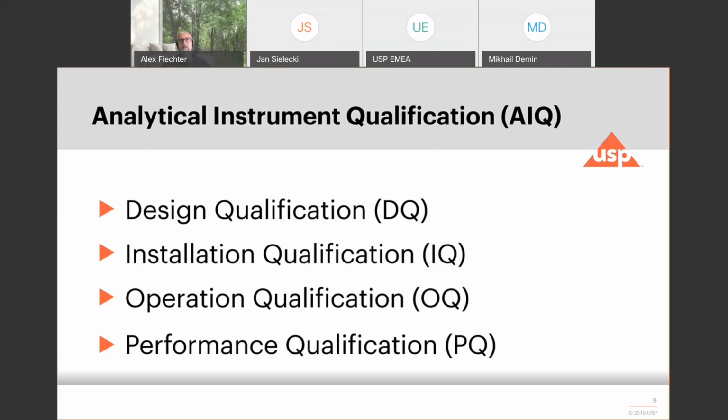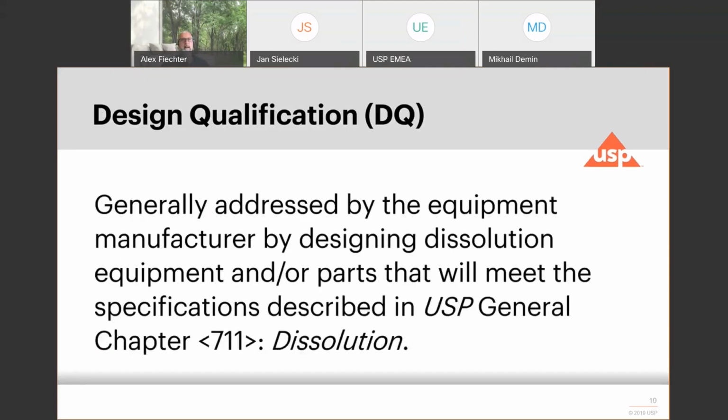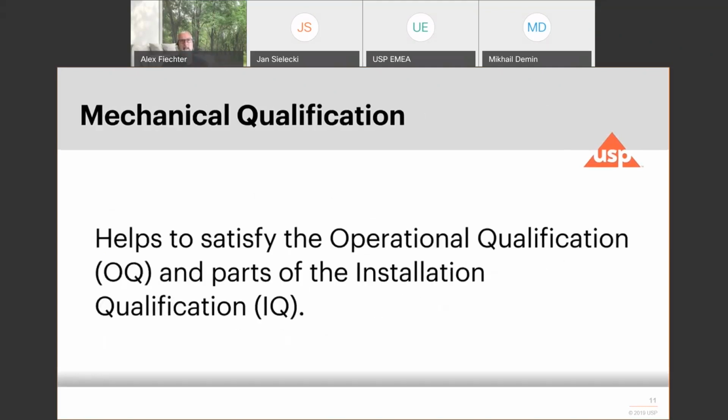The design qualification is a typical thing at the beginning, before you buy an equipment or before you use an equipment that you already have for a new project, or you continuously verify whether the purpose of this dissolution tester for the test that it is addressed for is still good. So you describe everything, the parts and whatever is required so that it successfully does the dissolution for the drug product that you are assessing.